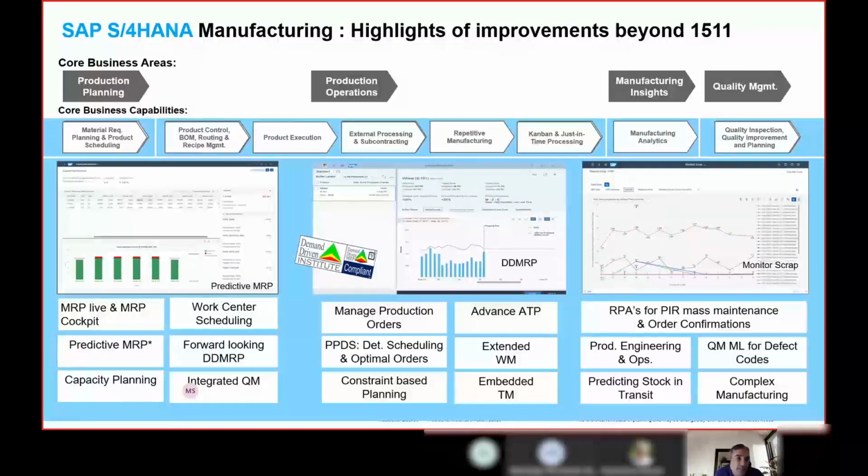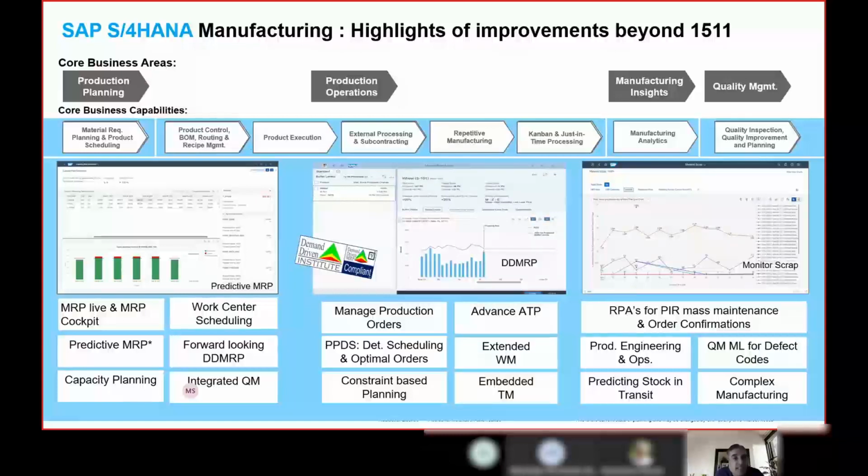So now, as we understood about the MRP, the MRP has also been enhanced over here, using the capability of machine learning applications. Now we also have a predictive MRP, which guides the customers to consider the capacity. The ML applications help you understand what the constraints are and how these constraints will be resolved. So there are proposals which have been delivered by our machine learning applications as well.